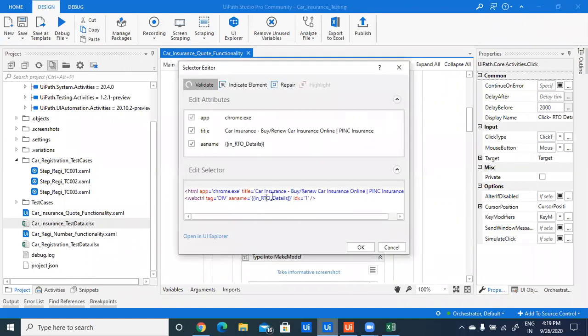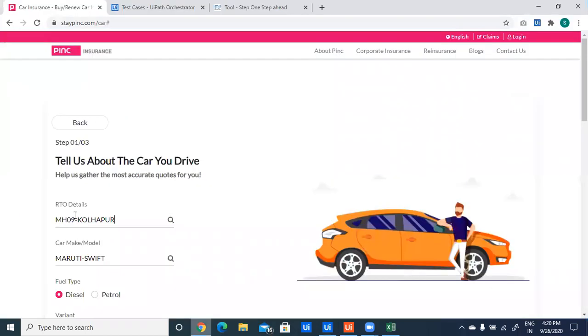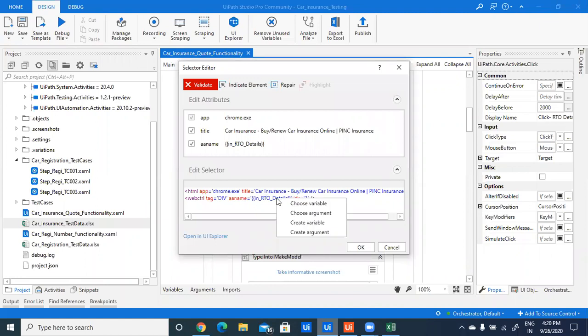This is my Excel variable that I have passed. So if we are entering Kolhapur or Mumbai or anything else, it will click on that data only. So this is a dynamic mechanism. We can pass our argument and variable, which comes from the Excel sheet, by right clicking and choosing argument and choosing variable.